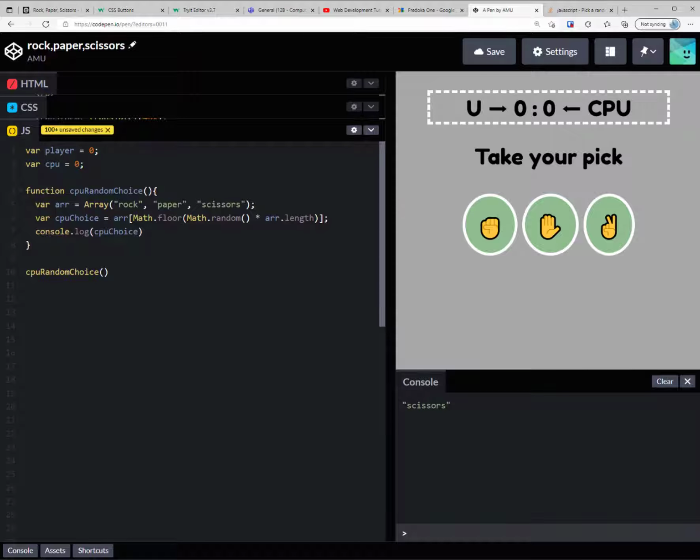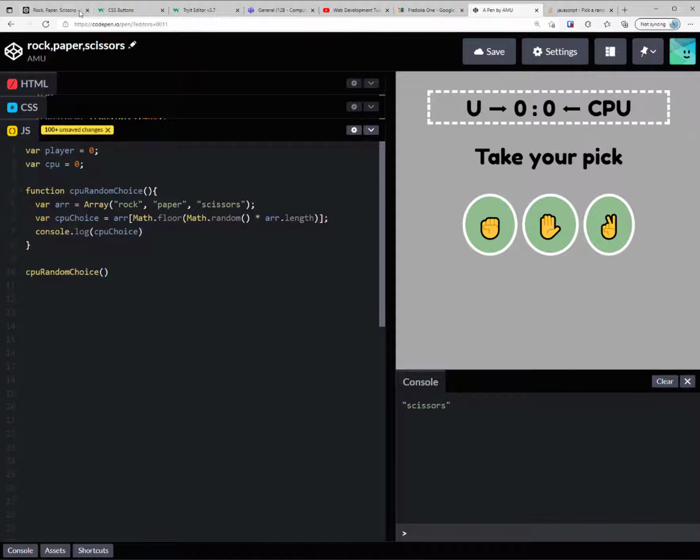So what we're saying is floor math random. So basically choose a random number. And the way it works in JavaScript is it chooses the number between 0 and 1. And if we click on floor, then it kind of makes it an integer, floors it, and then it chooses a random number from the length. So it's going to be a number between 1 and 3. And rather than it being like 0.1, 0.2, 0.3, it's now, because we've used the floor function, it's going to be 1, 2, or 3. And it's basically saying from the array, pick a random number 1, 2, or 3. Well, sorry, actually 0, 1, 2, and then it should say either rock, paper, scissors, and it seems to be